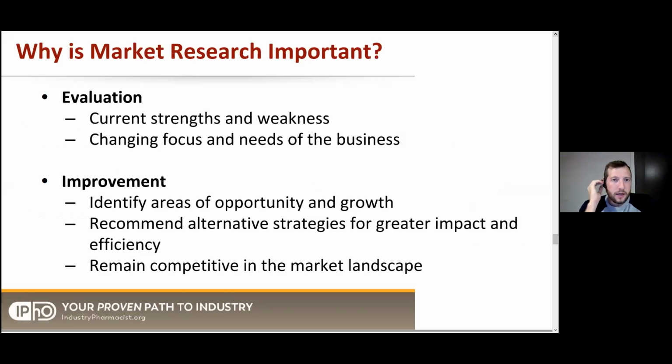So why is it important? In terms of the evaluation, you can assess the current strengths and weaknesses. So this can come down to a strategy in terms of, in my case, and then, back to the point of payer marketing, you want to evaluate what is being seen as most important in terms of clinical outcomes, the cost effectiveness, those types of things, seeing what's resonating, and also keeping a pulse on the trends in terms of what